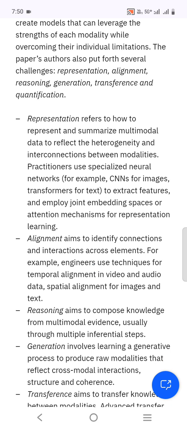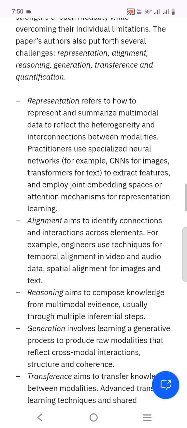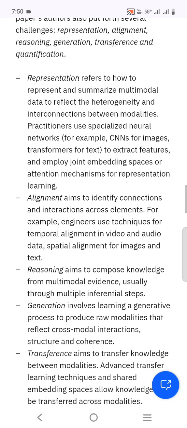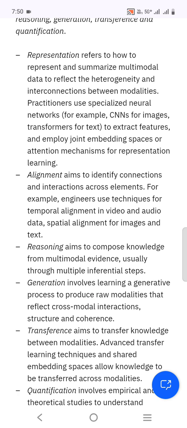Practitioners use specialized neural networks, for example, convolutional neural networks for images and transformers for text, to extract the features and to employ joint embedding spaces or attention mechanisms for representation learning.